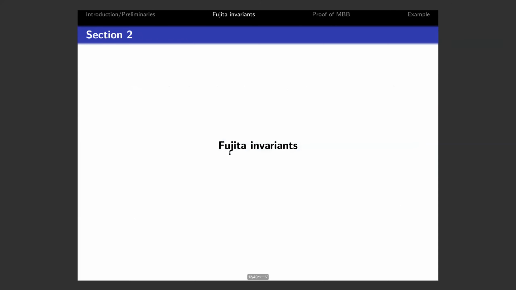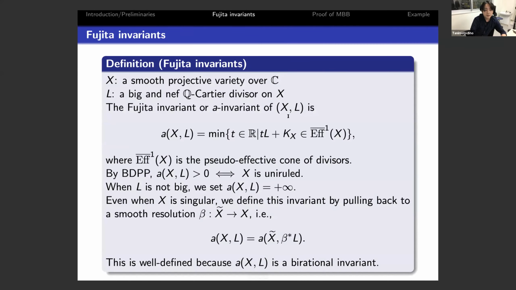Right. And then our approach is inspired by Manin's conjecture, and in particular our approach is centered on the Fujita invariant. So let me introduce the Fujita invariant. Let X be a smooth projective variety over C, and let L be a big and nef Q-Cartier divisor on X. Then the Fujita invariant, or a-invariant, of (X, L) is the minimum of real numbers t such that tL plus K_X is